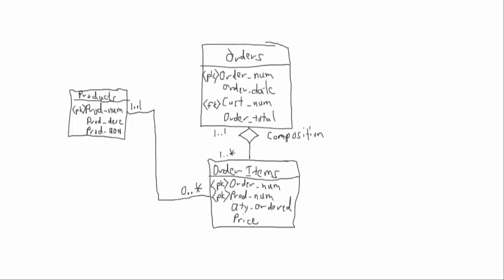Each individual line item is only going to have one product ID on it, but each product ID may show up on multiple line items over time. All right, so we've turned that many-to-many relationship into 2 one-to-many relationships. One-to-many right there. One-to-many right there. And if you look, you can find tables with the listing of the actual database tables